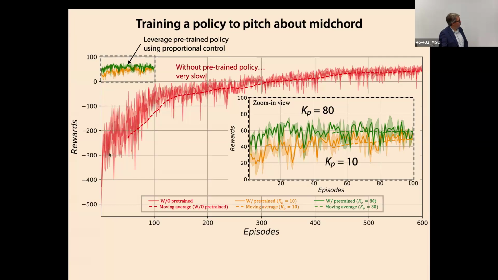Okay, so let's pretend we're dumb and we don't do that. This is what the training looks like without leveraging what we knew. It takes a long time, lots of episodes and so on. But if we start from pre-training with that linear controller, actually we're almost there already. In fact, it does very little extra. I'm zooming in here. It takes only a few trial and error episodes to converge, which is very nice. Zheqiang tried a few different proportionality constants, and the proportional control is in there.